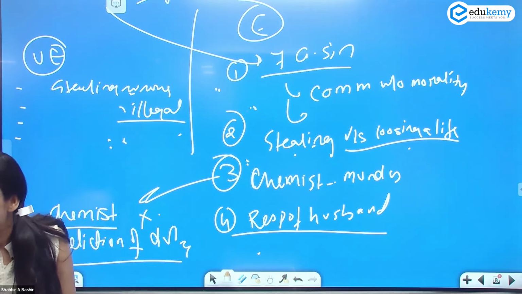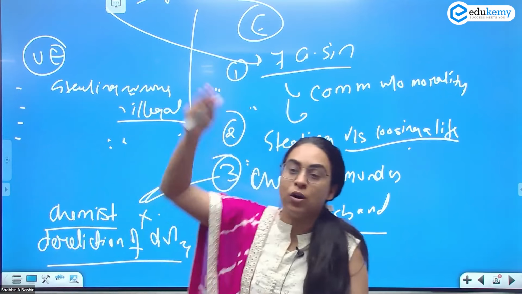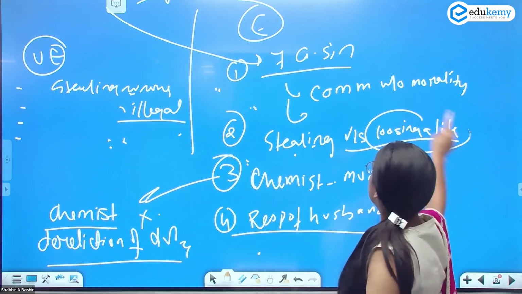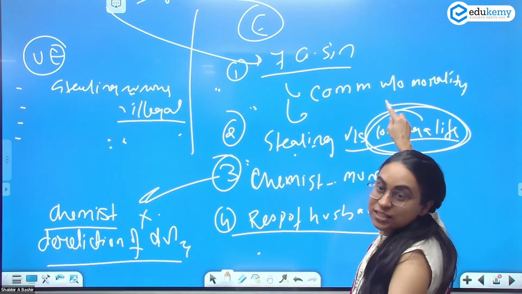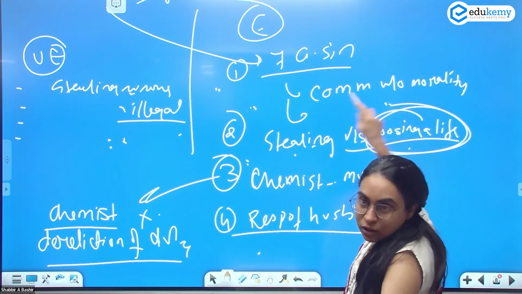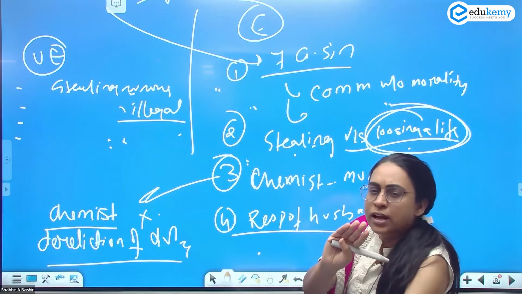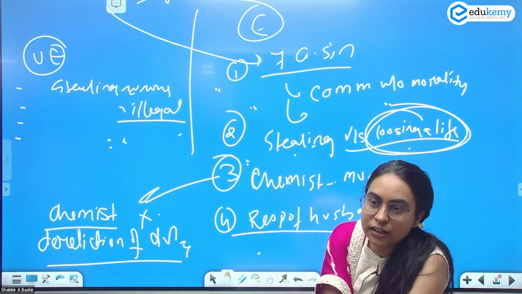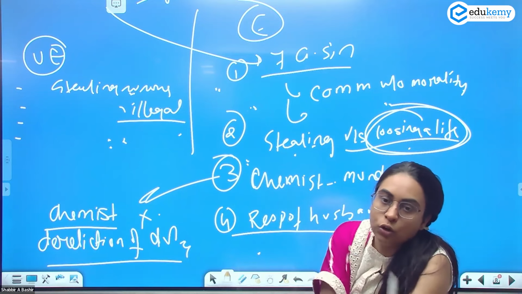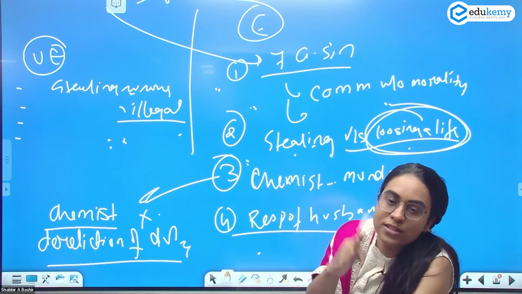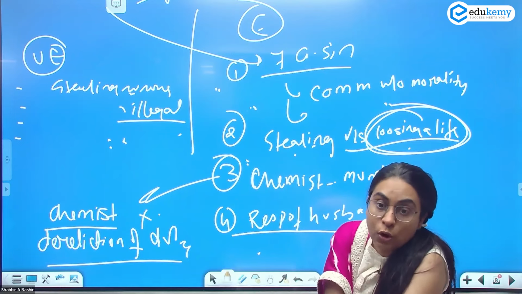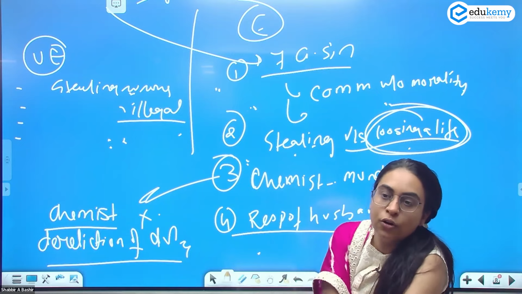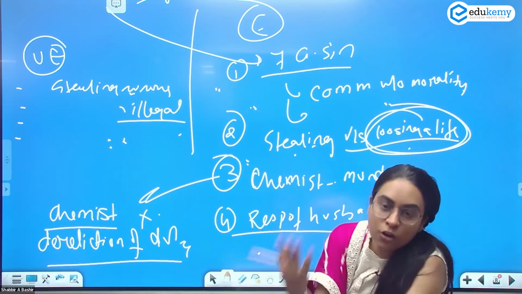Along with this, there are your schools of thought too. According to the consequentialist school, losing a life and saving a life is much more important. The consequentialist school will say that his action is ethical because of the consequence, he saved a life. Do you understand? It is just stealing versus saving a life, so what is the consequence of both? Saving a life is always superior. The duty-based school, deontology, will say no, stealing is wrong. No matter what you do, stealing is wrong. Gandhiji will say stealing is wrong.